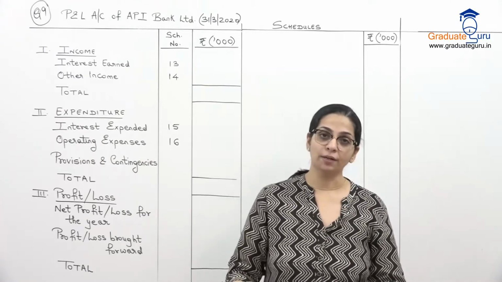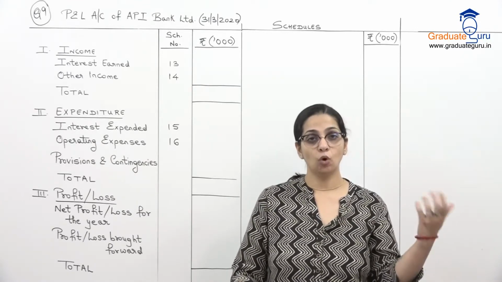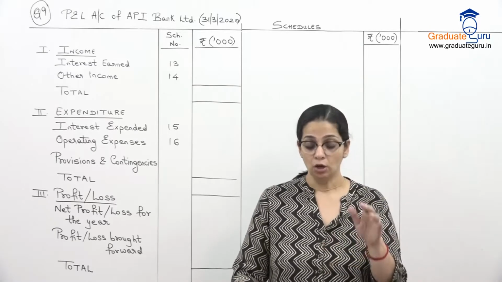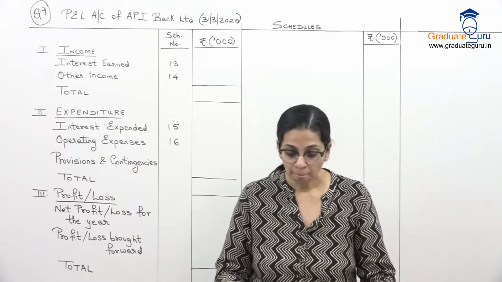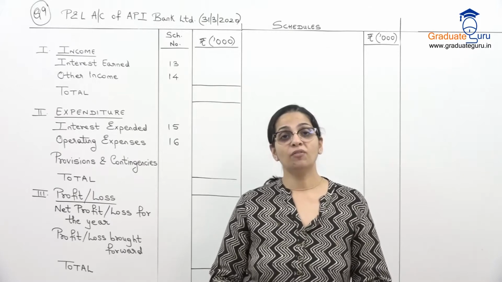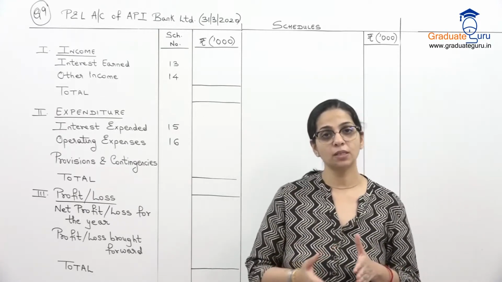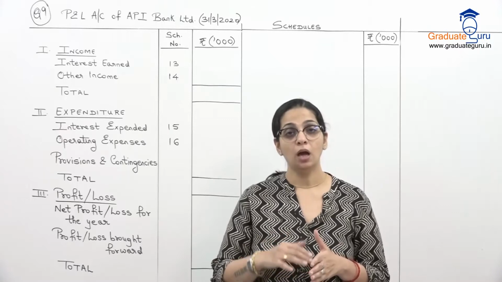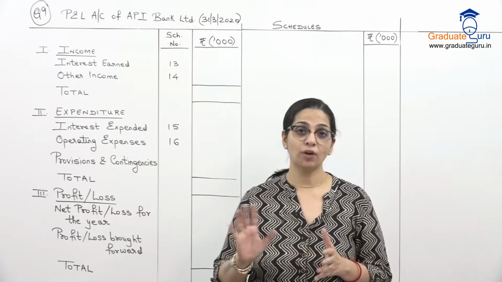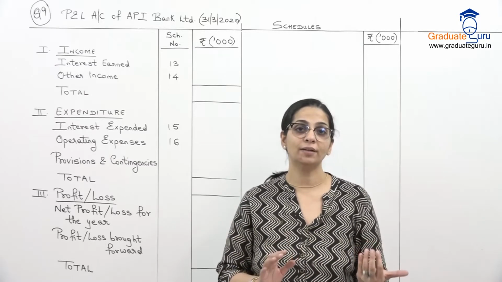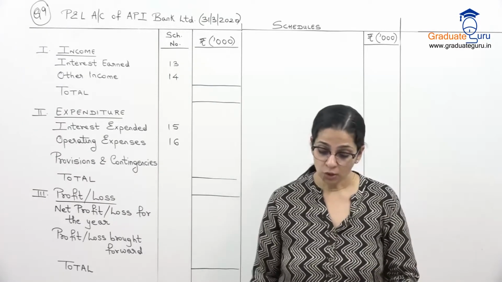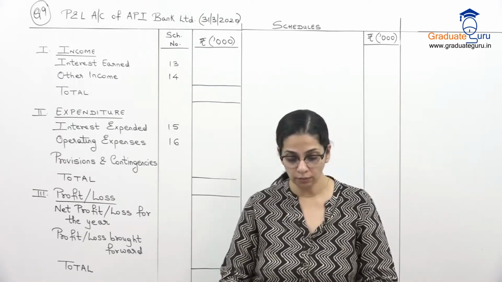Interest on cash credit. Again cash credit is वो balance जो negative होता है उस पर भी बैंक को income मिलती है. So this will also be schedule 13. Interest on overdraft also schedule 13. Income on investments. Income on investments is also included in schedule 13. Other income में ये नहीं आएगा. Other income is all the different types of other income which is not directly related to investing activity or their banking activity. Okay, so income on investment also schedule 13.